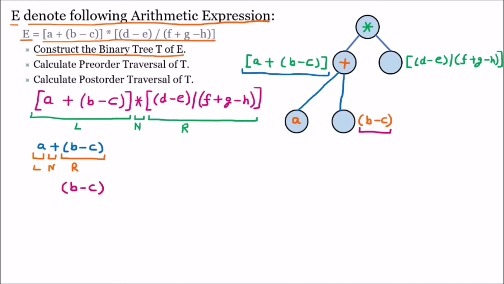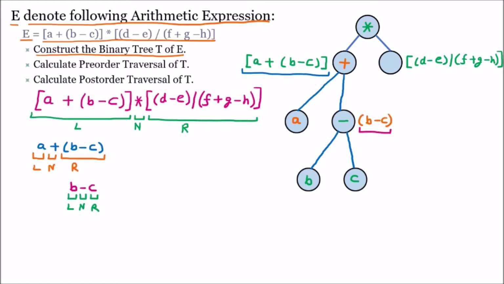Now out of this B minus C, the brackets are not required. Again, this expression should be divided into three parts, because we know the property of the binary tree. Now here 1, 2 and 3 parts are there. One is left, one is the node which is the parent, and one is the right. So based upon left, node and right, we are going to expand it. So two further nodes are expanded here. Now the parent node is minus. On the left hand side we have B, on the right hand side we have C. So the left side tree is properly constructed.